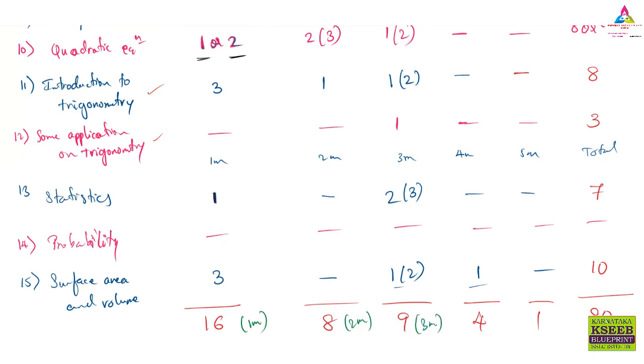They have told that the 20 multiple choice questions increased to 30. That is not true, it is false. They have not given that officially. So there will be 16 marks for 1 mark questions, including multiple choice, then 2 marks 8 questions, 3 marks 9, 4 marks 4, and 5 marks 1. So maximum it will come.